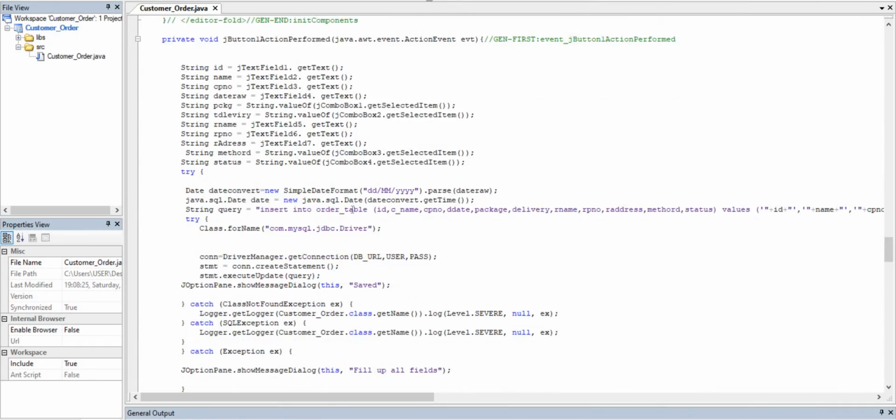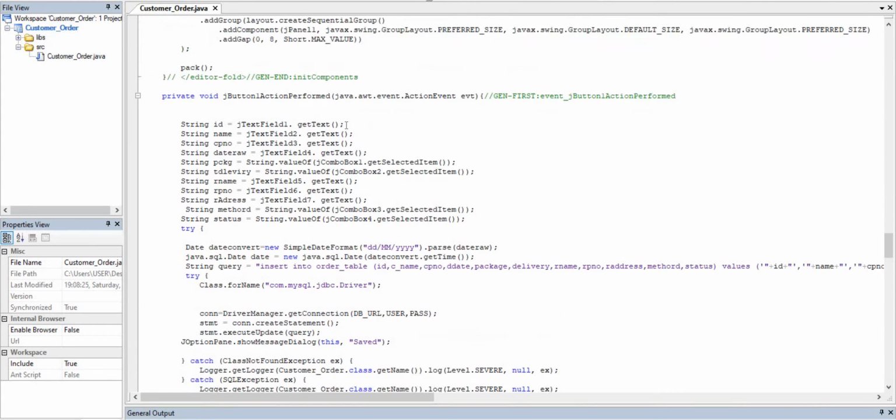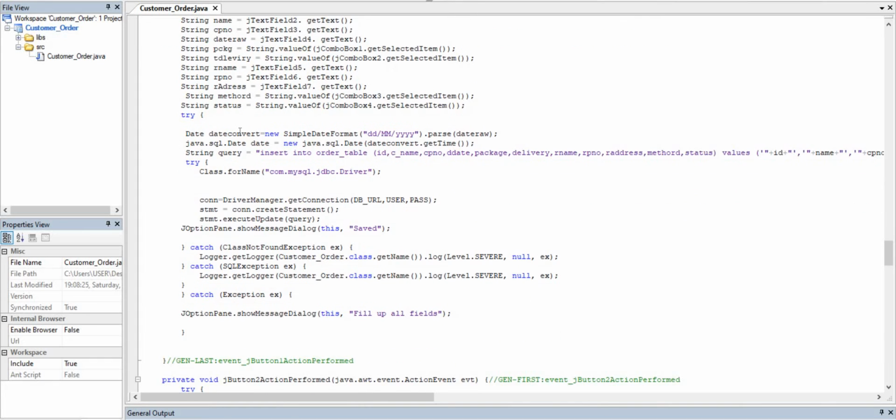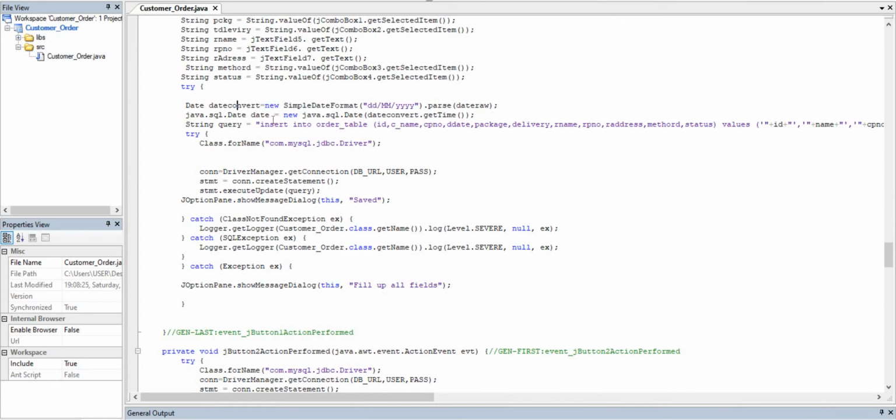Okay, sir. Hi, I'm Dashwin. I'm going to present the database part and give the function to the insert button. So here we have the string ID declared to JTextField, and then we declare the rest of the GUI components. And here we put the coding for date, to have a set format like this one.